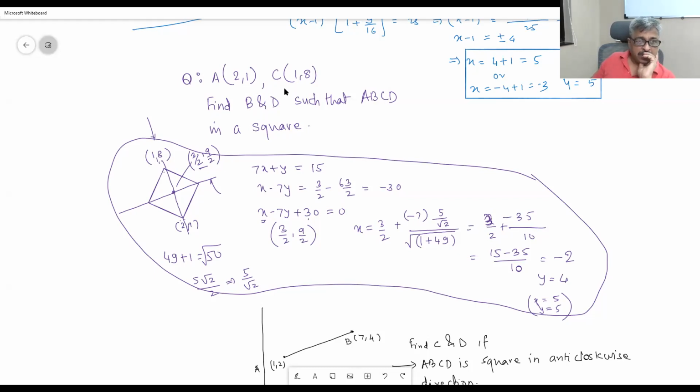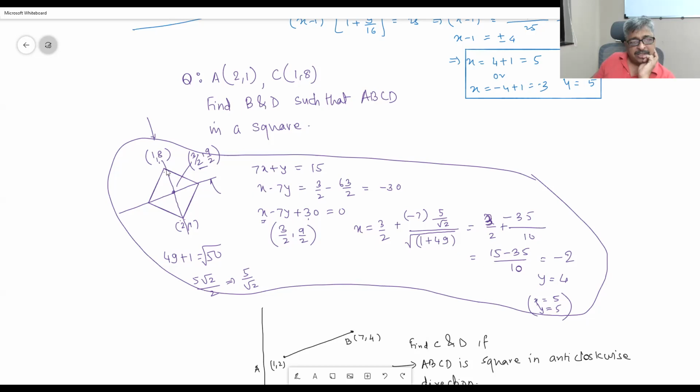Okay, so if 2 points are given, I can always find the equation of the line passing through the two given vertices. Slope is -7, therefore the equation is 7x plus y is equal to 50. The line perpendicular to that: x minus 7y is equal to -30. So x minus 7y plus 30 is equal to 0 is our ax plus by plus c line which is given to us. The base point is 3/2 comma 5/2, which happens to be the midpoint of the given 2 points.